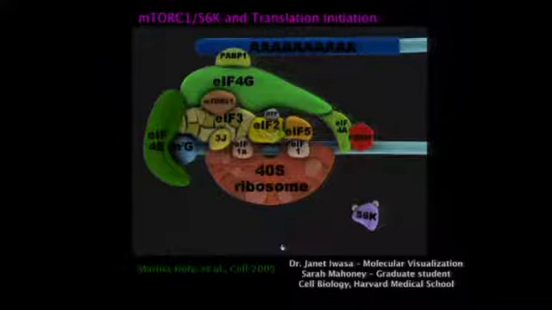It also brings in additional proteins, and I can't even see it. It's under here somewhere. But there's this poly-A binding protein that binds to the 3' end of the message that helps to circularize and stabilize this translational apparatus. And then this protein there, EIF4A, is a really critical enzyme. This is an RNA helicase. And this is important for unwinding the structured mRNAs and a small number of mRNAs that play an important role in cellular bioenergetics, cell cycle progression, and angiogenesis.